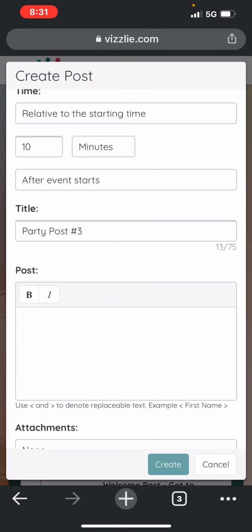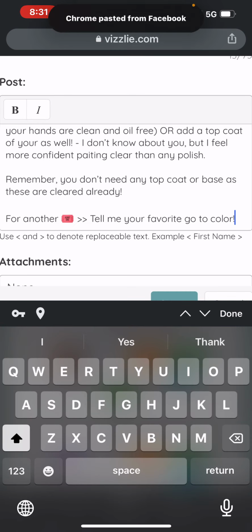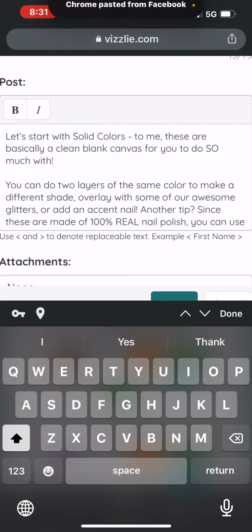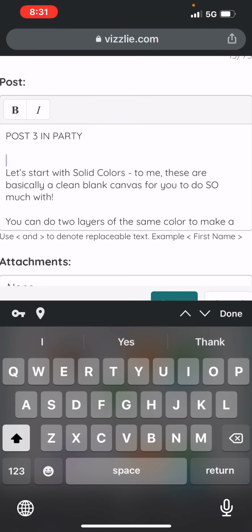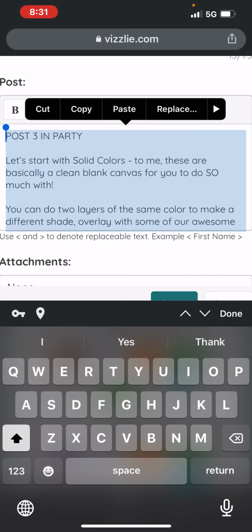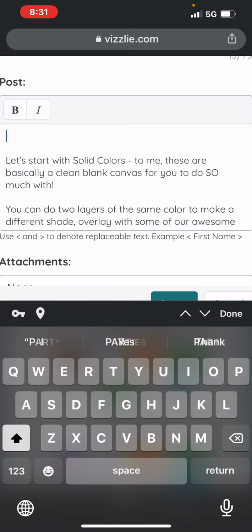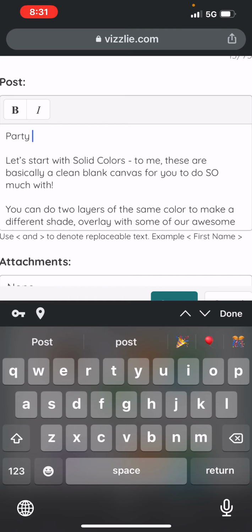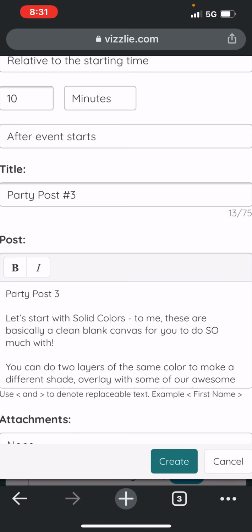I'm going to go back into Chrome here. And this title, party post number 3, is not going to come up. Anything that's in this box is going to actually be what's posted. So this post number 3 in party, I can relabel this if I want to do that. Let's just do, no, Christy, don't do that. Okay. I'm going to say party post 3, because I like to leave my party posts labeled,